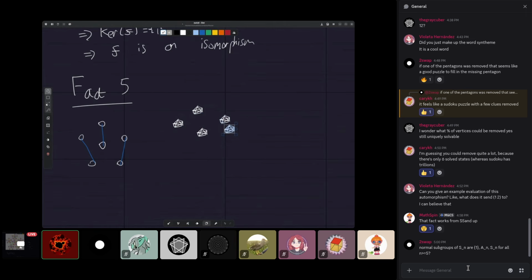So if you have a syntheme and you apply that, we've got that 2 cubed cycle, then the thing that happens over here is a 2 cycle. So this is actually going to show that it's transitive eventually, and it will imply that